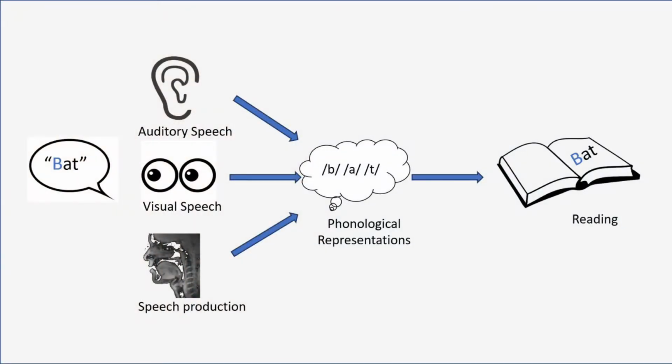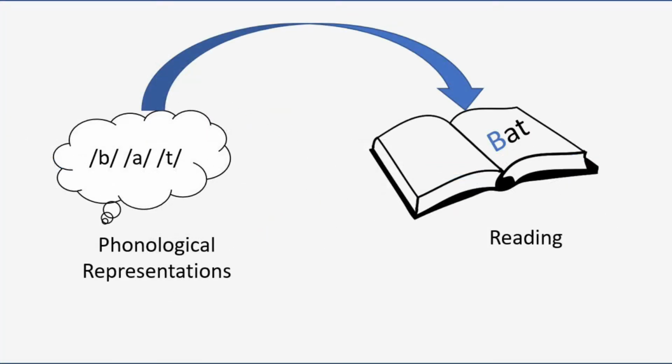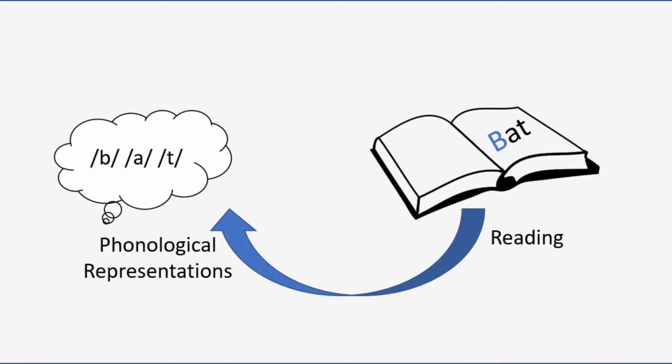Given the multimodal nature of speech perception, it's likely that children can use visual speech information as one of the sources of information to build up robust multimodal phonological representations. And then they can use these representations in order to map onto letters, or to map letters onto them, in order